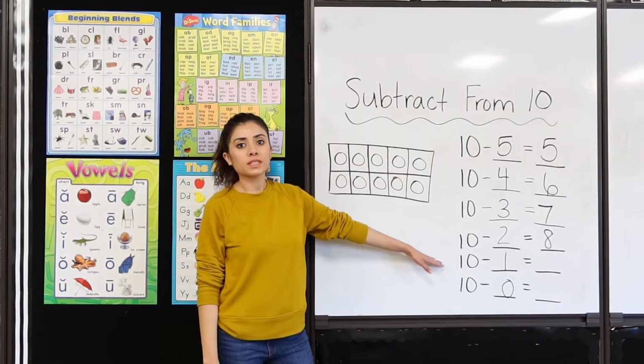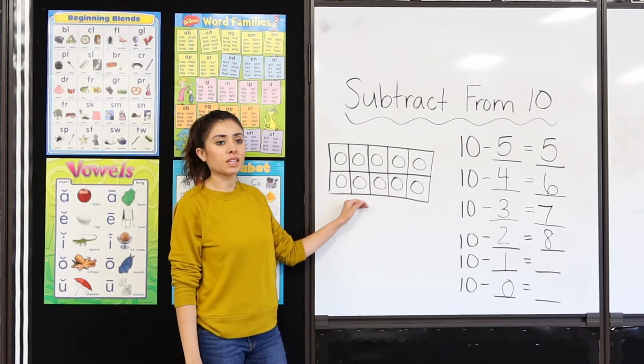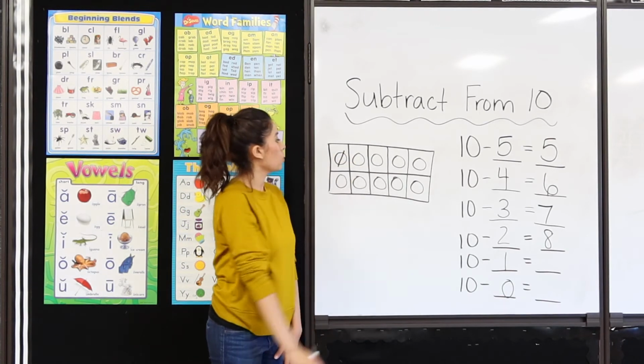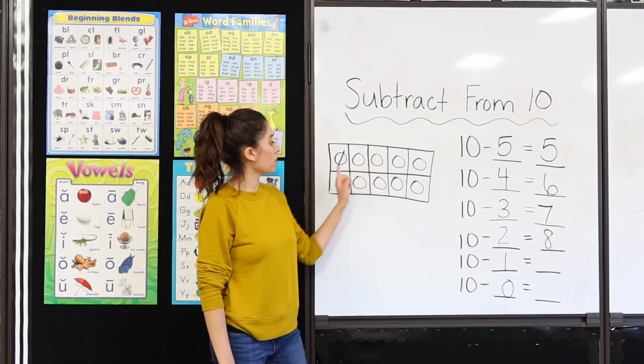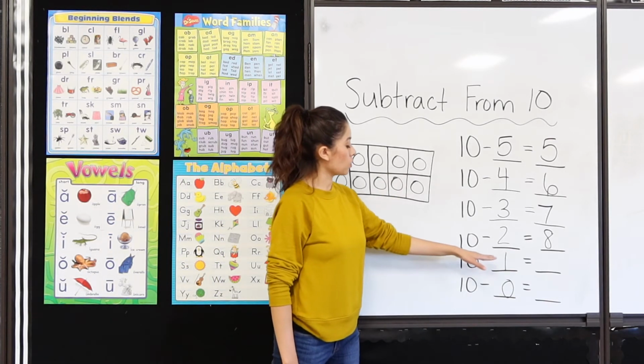Great work. 10 minus 1. I have 10 counters in my tens frame. Let's go ahead and cross off the 1 that we're subtracting. 1. How many do I have left? 1, 2, 3, 4, 5, 6, 7, 8, 9. 10 minus 1 equals